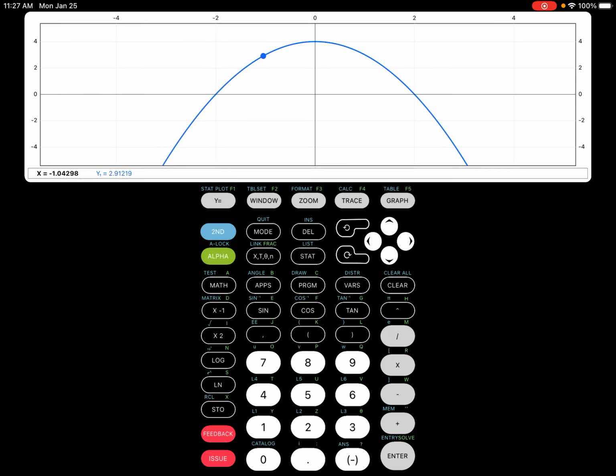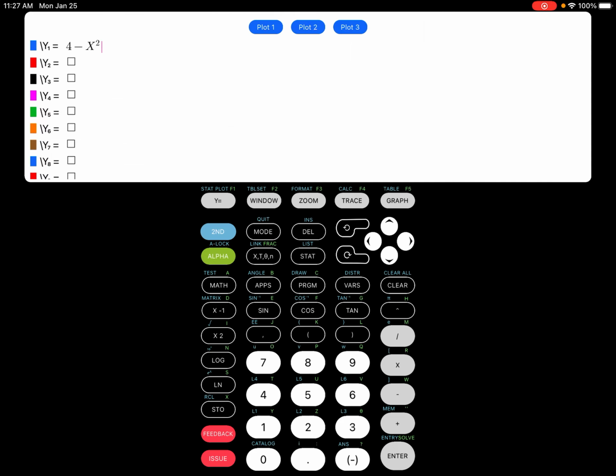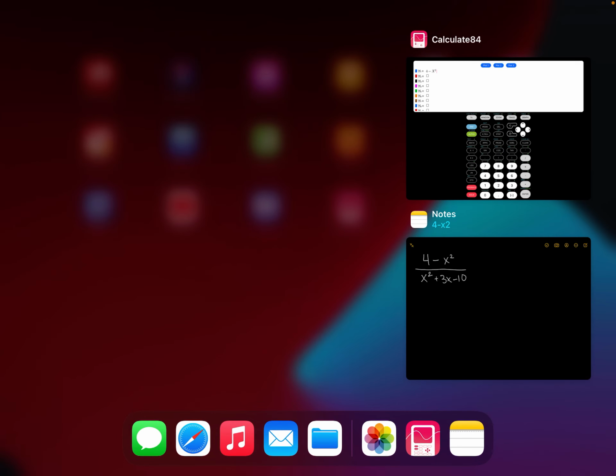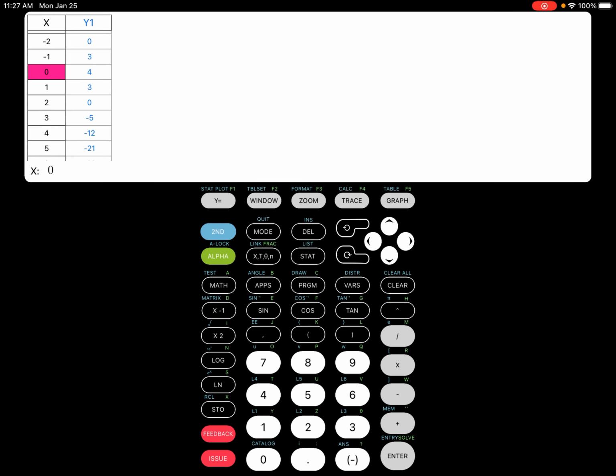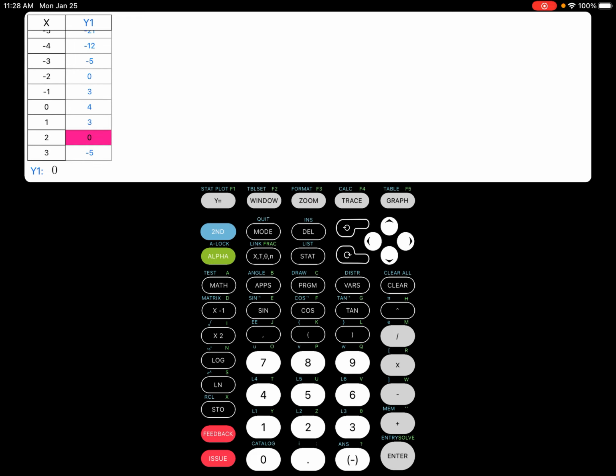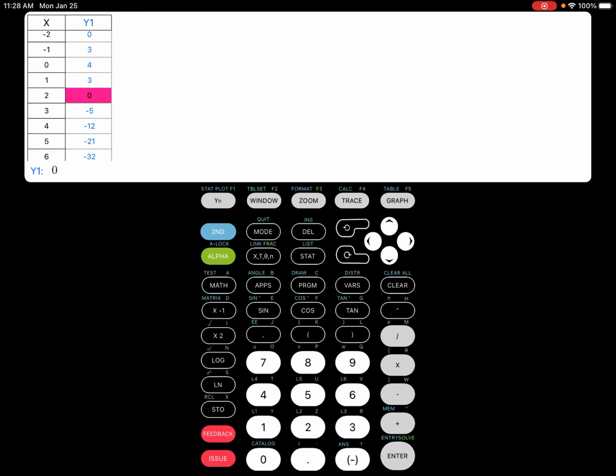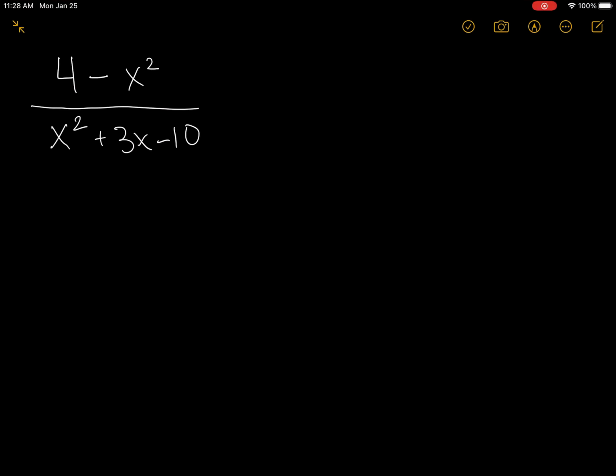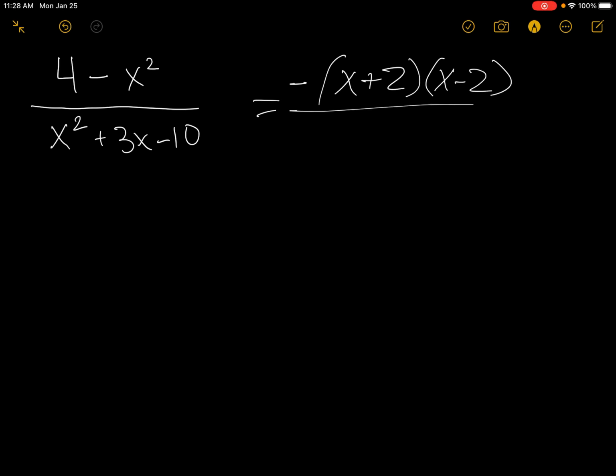So let's look at that. Something to think about: the parabola is opening downwards, so I know this is going to be a negative function. So I know that negative 2 and positive 2 are factors of this function. And if you look at the table, when x is negative 2, our output is 0. And when x is positive 2, our output is 0. So those are the zeros of the function. Those are the factors. So the factors of 4 minus x squared, remember, it's a negative function, so we have to include a negative. And then we have x plus 2 times x minus 2 over